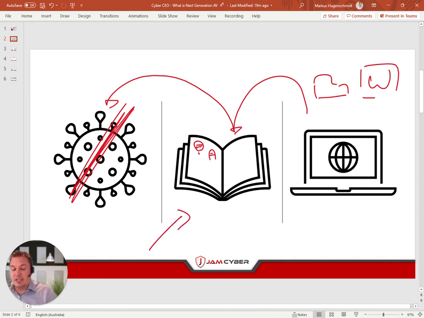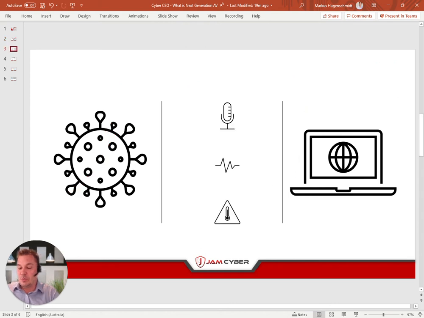The limiting factor clearly is this book. Meanwhile, we have over 1 million new threats a day. So updating this book and then rescanning the whole drive and all that kind of stuff takes a lot of time and is not a very efficient way to do it. And this is where next generation antivirus came in.